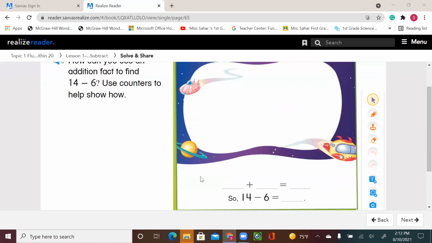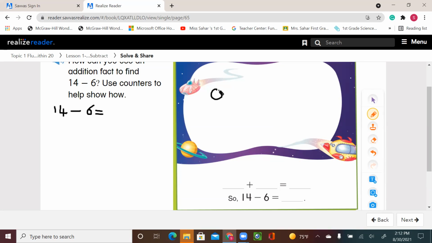All right. So in this lesson, we need to find the relation between the addition and the subtraction, how they are related. So for example, 14 take away 6, or 14 minus 6. All right, let me write here. I say here 14 minus 6 equals,